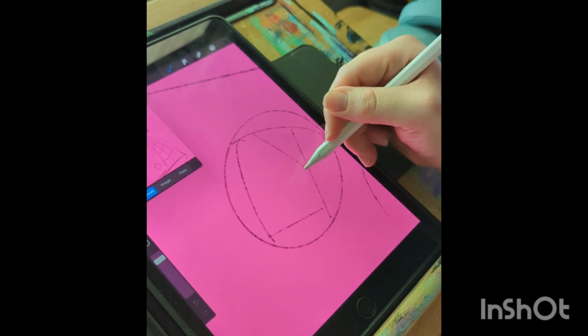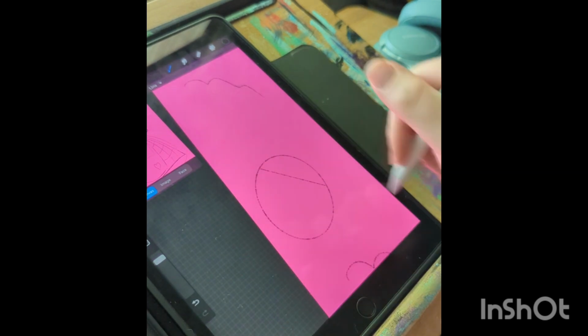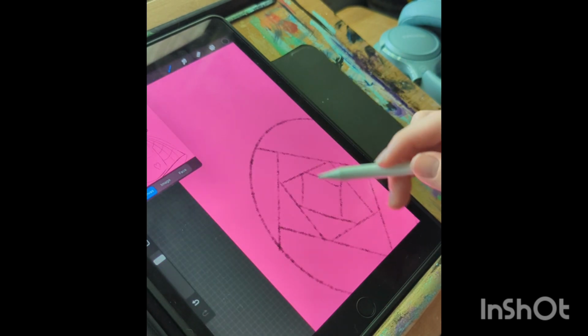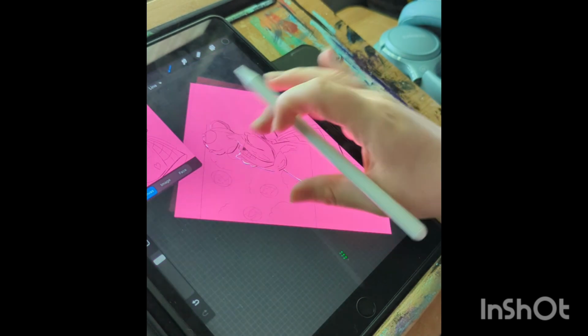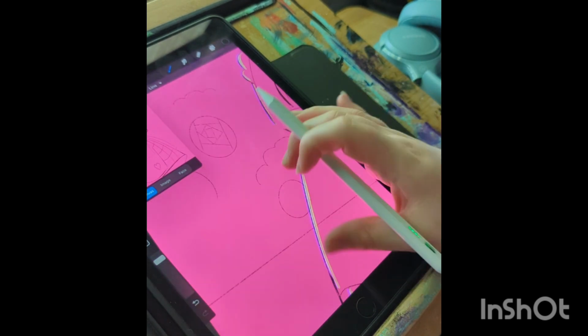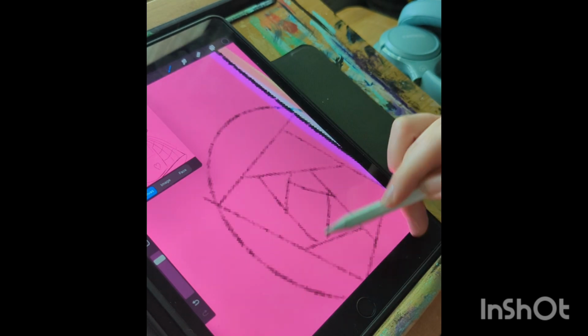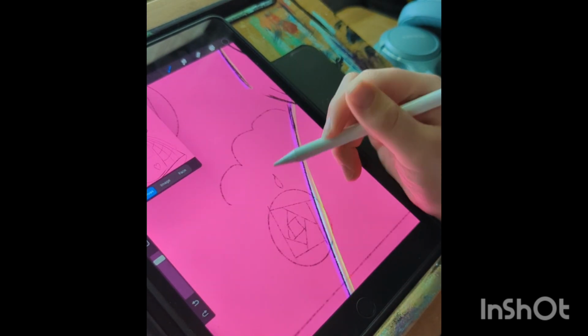So I made these circles, held it there, allowed the program to correct any faults that it finds in my circles, because heaven knows I need it. And then I just put in some lines to convey petals. And then added on really, really simplified leaves.